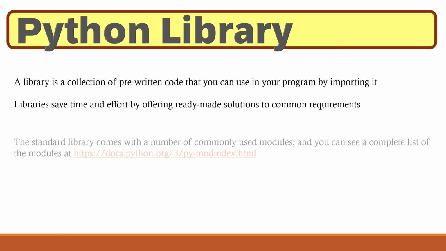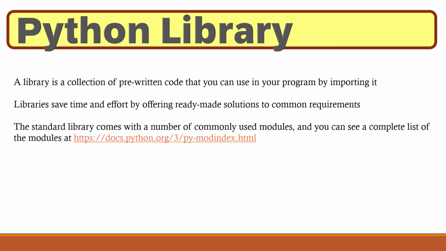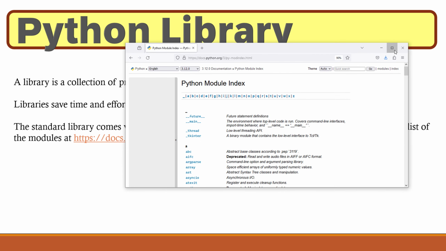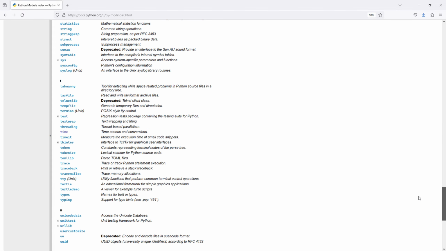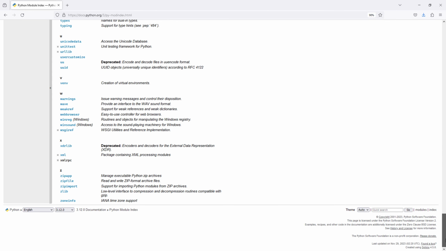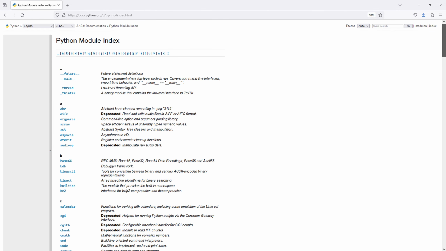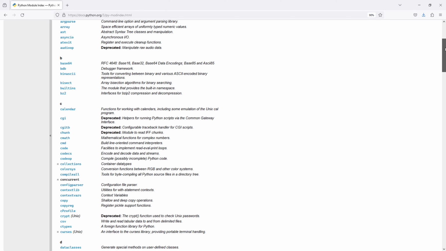There is a library called the standard library, and the standard library comes with a ton of commonly used modules, and you can see a complete list of the modules at the website over here, python.org. It's called the Python Module Index. It's basically this website here, and it shows us the complete list of modules within the Python standard library. So here are all of the modules you get with the Python standard library,